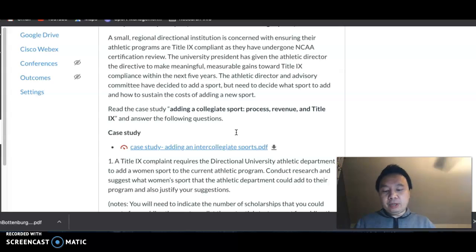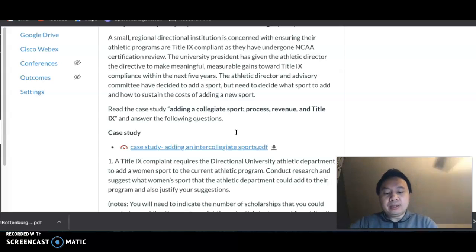A lot of students mentioned we need to have softball. Some students mentioned needing to have cross country. Some students did recommend beach volleyball, soccer, hockey. A lot of different types of ideas. And a lot of students did a fantastic job in justifying why they chose these sports, why it's reasonable, right?